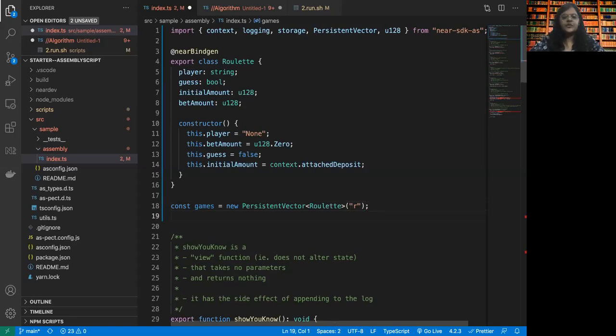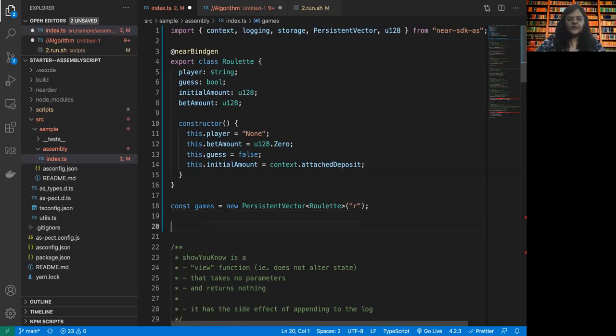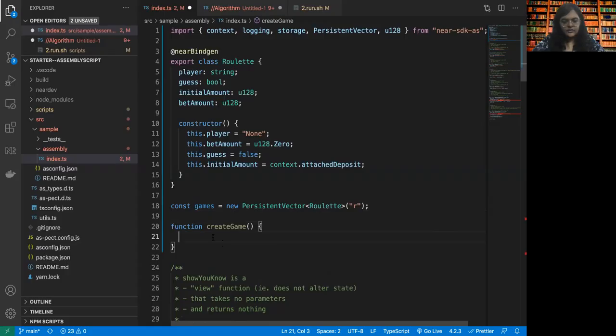Okay. Now we are going to define a function called create game, which will be created by us. What do we need to send in? No, we don't need to send in anything. Let's call the constructor.